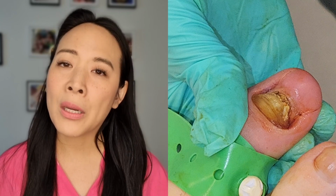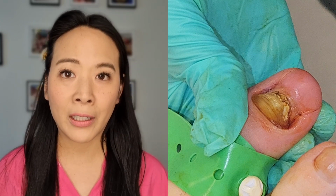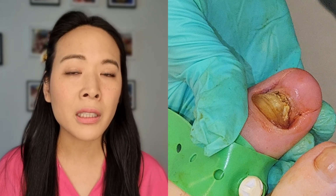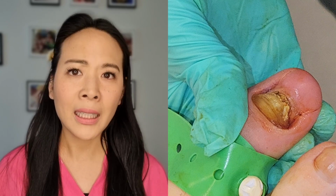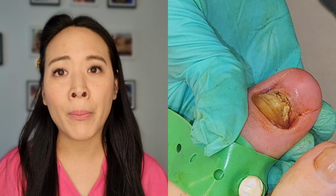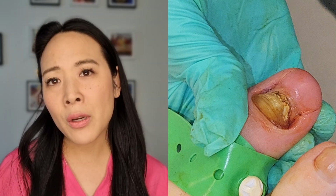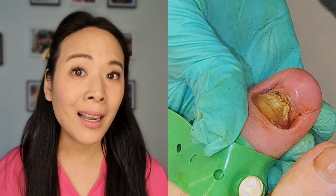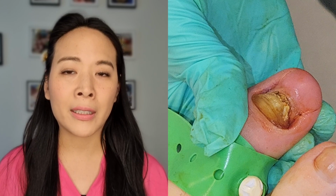Onychauxic nails can be caused by many things. One of the common things is fungal nail infection. It uses the keratin of the nail as food source and deforms and thickens the nail. Second is trauma. Whenever we wear shoes, we have a little bit of trauma to the toes and the toenails. But especially when you have really tight shoes, that can increase the risk of thickening or onychauxic nails on the